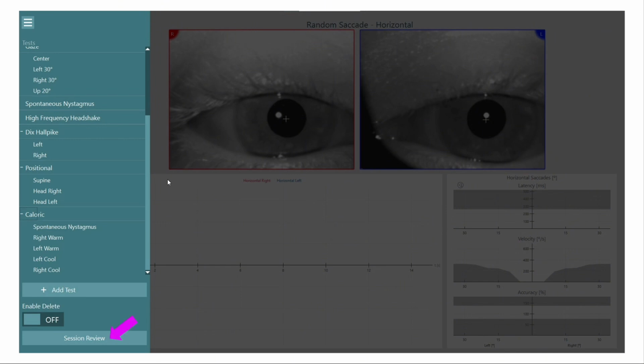Okay. When you're done with all your testing, say you've run it all on your patient, you're ready to kind of wrap up what you've done. At the bottom here, you're going to see the session review button. So we're going to click that icon,